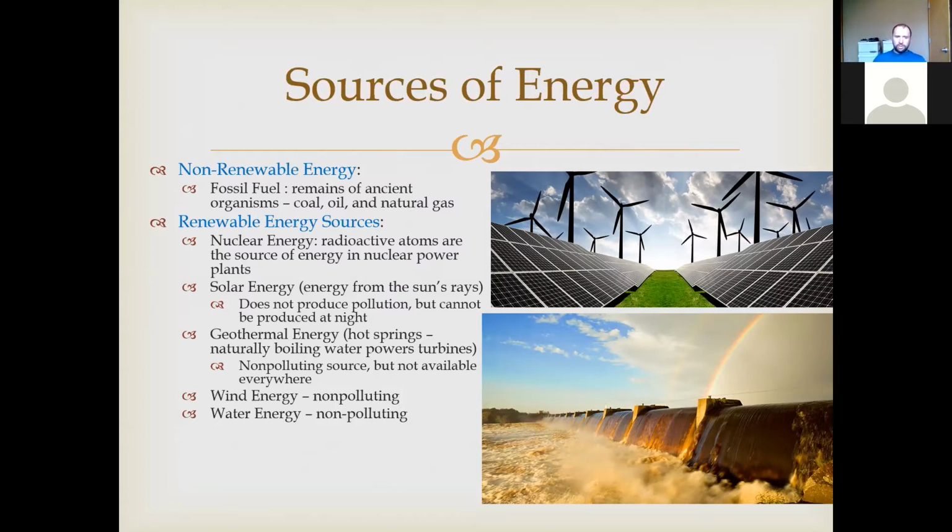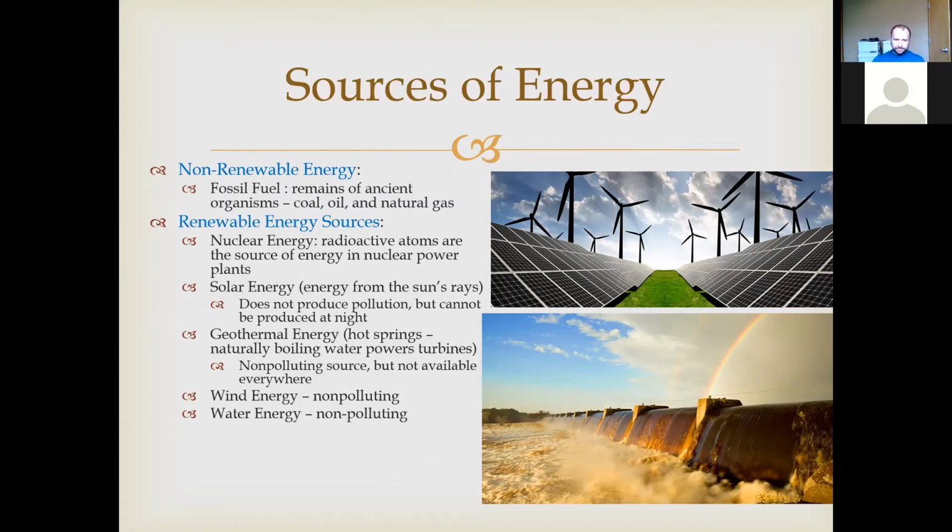So my point isn't to say that any of those are bad. My point is to say that when we talk about sources of energy, it's a complicated conversation, because there are drawbacks to every form of energy, right? We're never going to have the perfect energy source that avoids pollution, but also has no drawbacks, right? At least not that we can foresee. Maybe one day we will get there, but all of our current forms of energy have some amount of drawback, right?